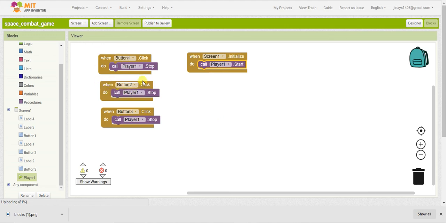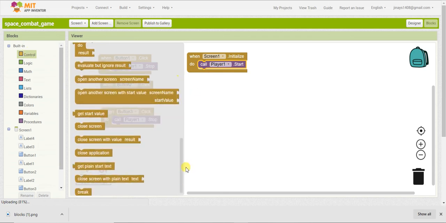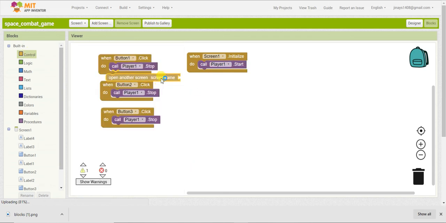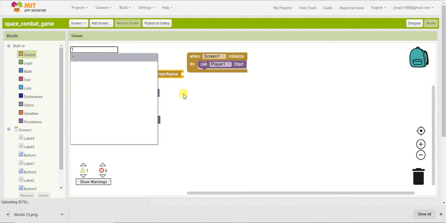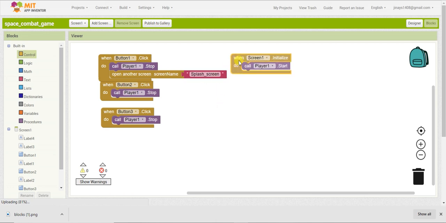Now, when someone clicks on button 1, we will open another screen. Here we can see we have to open the splash screen. So I'll type double quote and the name of the screen. Here the S is small, yeah. Okay.